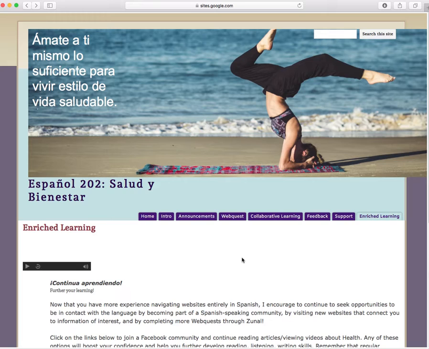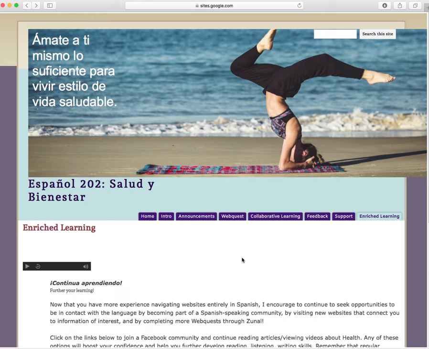This web quest requires the students to think beyond a list of vocabulary, tenses, and grammar structures, or even mechanical exercises from a workbook. To think about how they can use their knowledge of Spanish to solve real life problems, such as how to lead a healthy life or how to help somebody else lead a healthy life. It is also our hope that with a web-based learning system, students will become more motivated to pursue a Spanish minor or even a Spanish major.